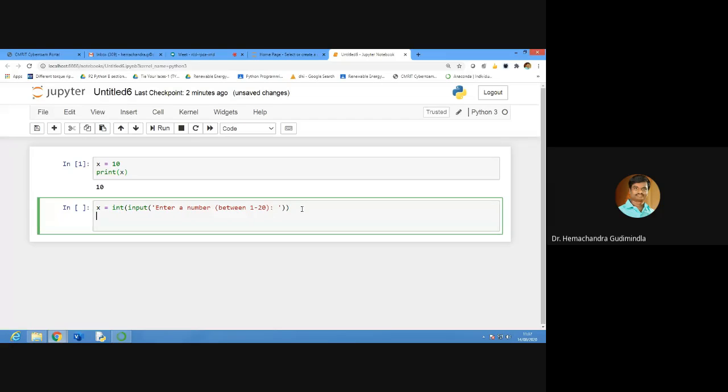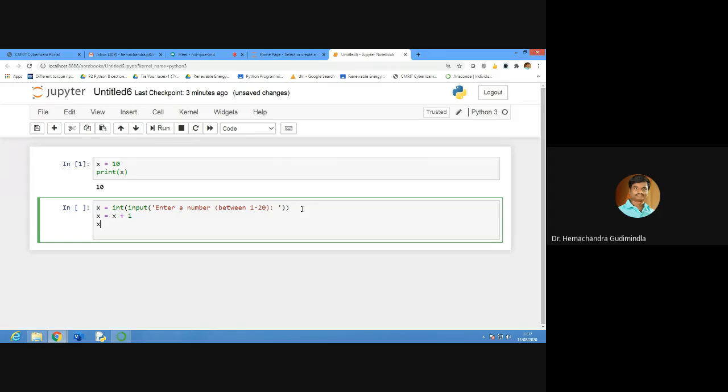Okay. Now x is equal to x plus 1. You add 1 to that. Are you added? Don't tell the answer to me. Yes, sir. Now, whatever answer you got, you double it. Double means 2 times.